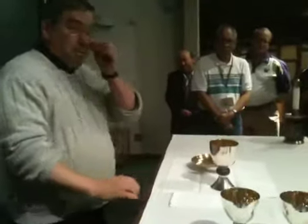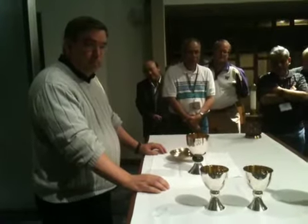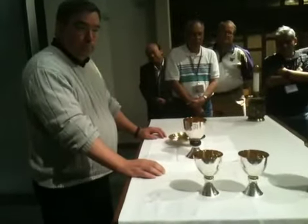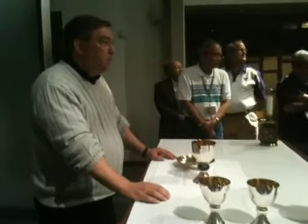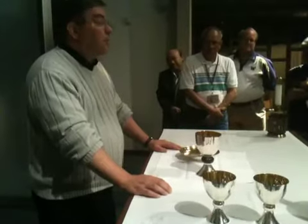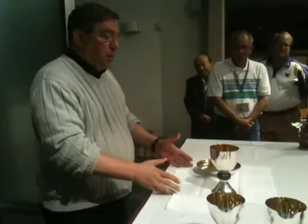Excuse me, Father, so you're putting that water into the chalice, as opposed to putting the water in one, and putting it in the other, and then drinking it? You can do either way. Okay. But again, it depends on local custom. My preference is, I think it's better done at the credence table. It can be done at the altar, it can be done at the credence table after communion, or it can be done at